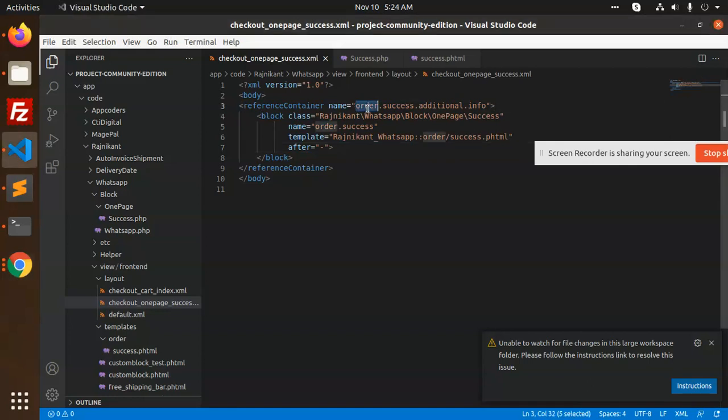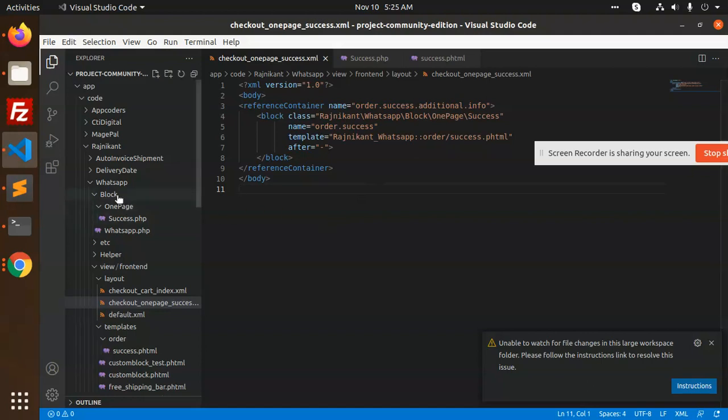Here I have written order success in additional info, as I need this block to be added just below the additional info. Or if you want to override, then you need to override it. Okay, that is another thing. For now, I have just added the additional block in the success.phtml file. Okay, so it's added.